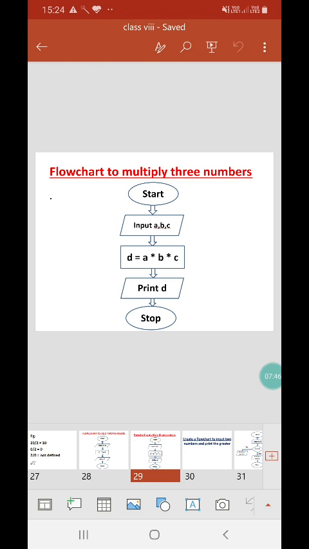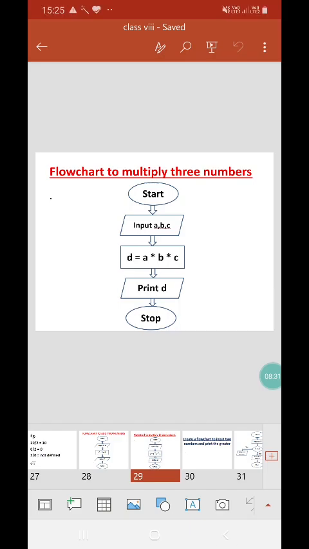Now you can see here, when I have multiplied A multiplied with B and B multiplied with C, in that multiplication I have not used a multiplication sign. Why I haven't used a multiplication sign? Because there is no such kind of sign on our keyboard. In a computer keyboard there is no such kind of multiplication sign. So multiplication in programs is shown with the help of the asterisk sign. Asterisk sign is known as the multiplication sign, or you can say a star sign. If you are not understanding asterisk, you can understand it is a star. It is said asterisk. Okay, so asterisk sign denotes the multiplication sign in computer.